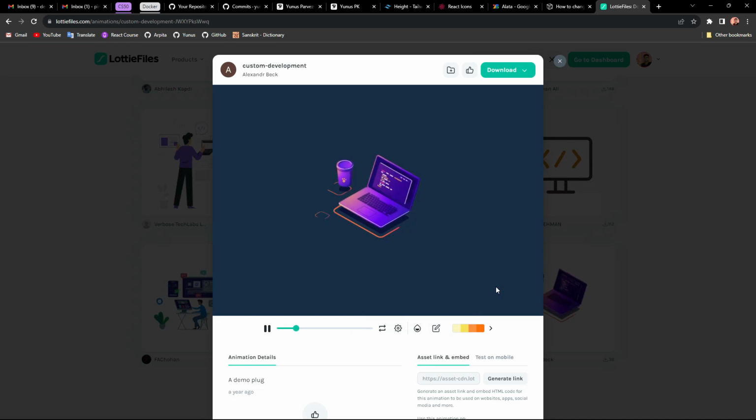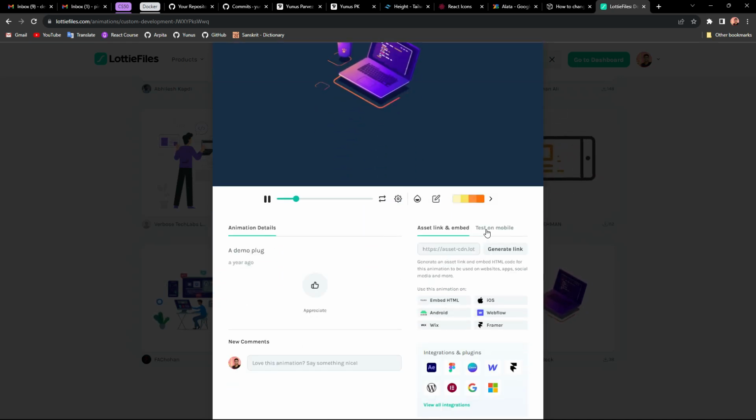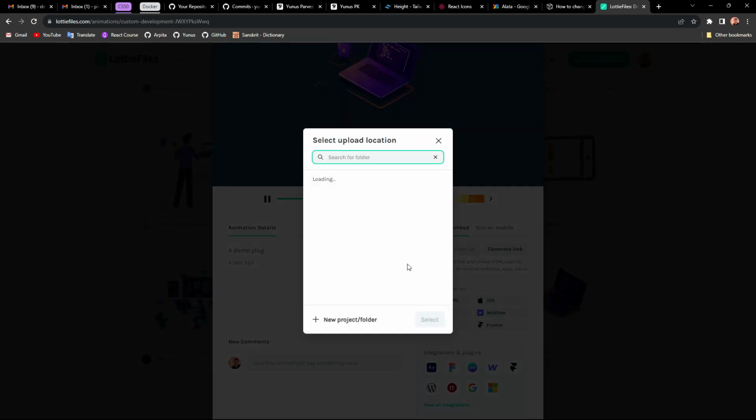That looks awesome. Let's use that. How did I use that before? Embed HTML. Nope. Generate link.